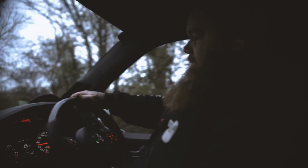It feels different just driving, just even going forward. And weirdly, the steering feels...